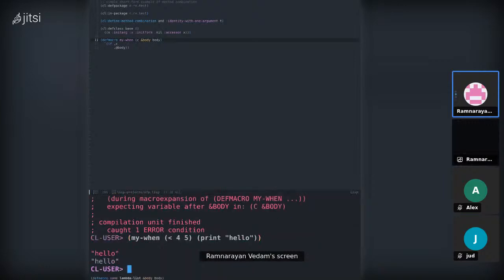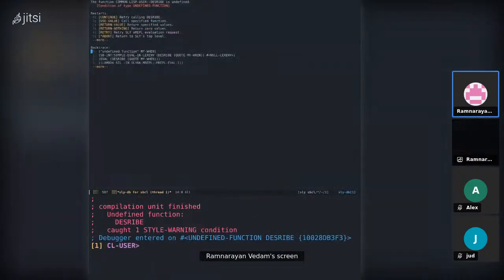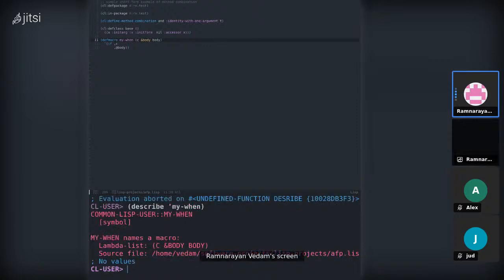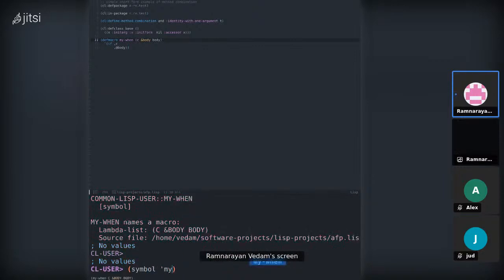So let's look up what my-when actually is. When we describe my-when, you'll see that Common Lisp defines my-when as a macro with a particular lambda list, but it's not defined as a function, and it is a symbol. If we look up the actual symbol of my-when, you will end up getting